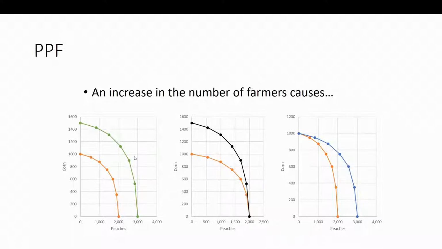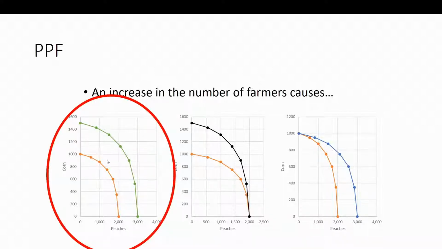We could see a shift outward, an increase in peach and corn production. We could see a pivot towards corn, right? So we're going to see an increase in corn production and no change for peaches, or we could see a pivot the other way with an increase in peaches. So we have no change in corn or an increase in peaches. So if we're going to increase the number of farmers, which one do we think is most likely? I'll give you a couple seconds to think about it. We should see a shift outward. So we're going to increase both peaches and corn. We've increased the total number of